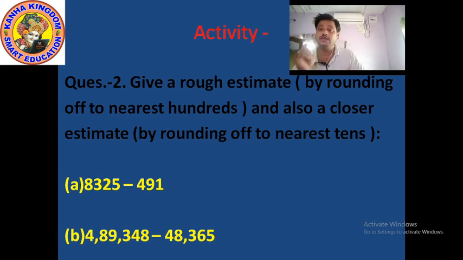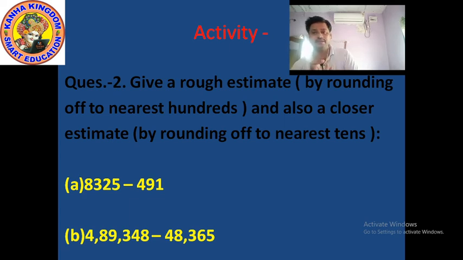Okay. Second rule, if ones place value is 5 or more than 5, then also you convert ones place value into 0, and you have to add one more number in tens place. Whatever the digit in tens place, you add one more number, and whatever the digit in 100 place, 1000 place, 10,000 place and lakhs place, nothing you have to change. You have to write down the same values. Okay, clear it? So like this, first you convert both questions to nearest 100, then solve it.